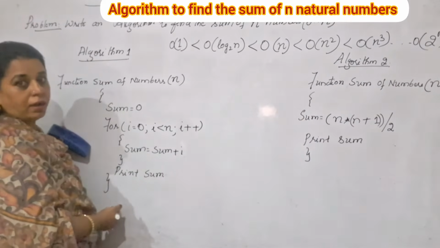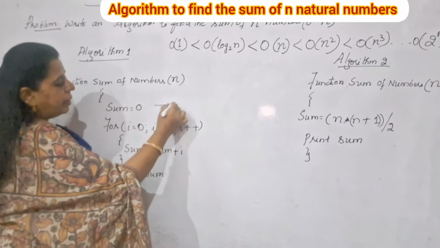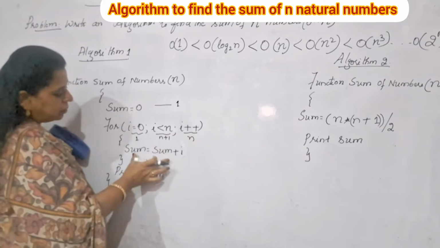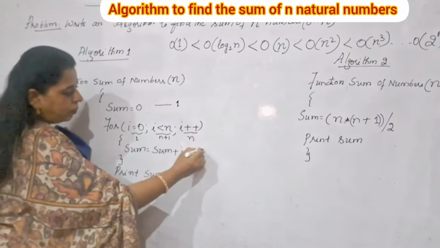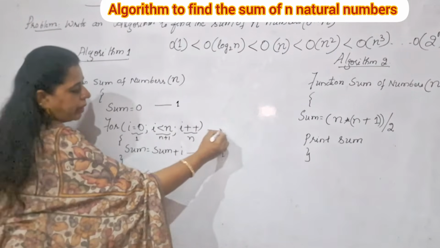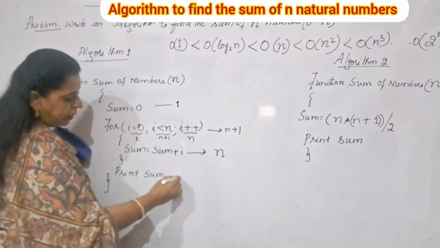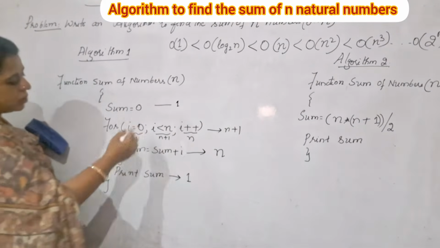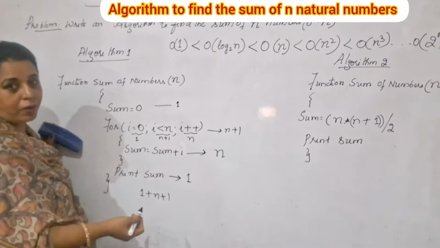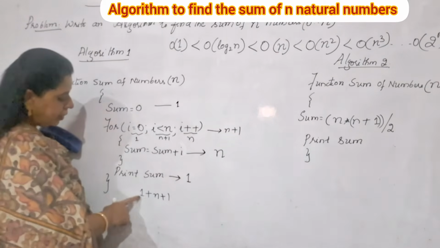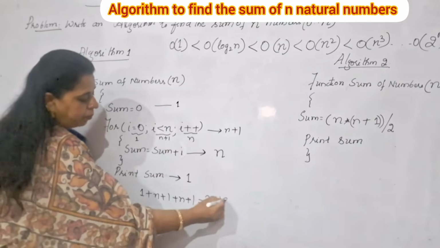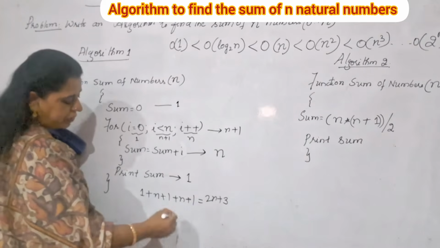If we use the frequency count method to determine the time complexity of the algorithm, the very first statement takes 1 unit of time, this one n plus 1, this one n, the statement inside the for loop will take n units of time, and this one in the for loop will take n plus 1. We have a simple printf statement which will take only 1 unit of time. Why I am writing it again is just to tell you how a particular algorithm's time complexity can change. So 1 plus n plus 1 plus n plus 1, you got 2n plus 3. Ignoring the constants and the coefficient, you will get n.